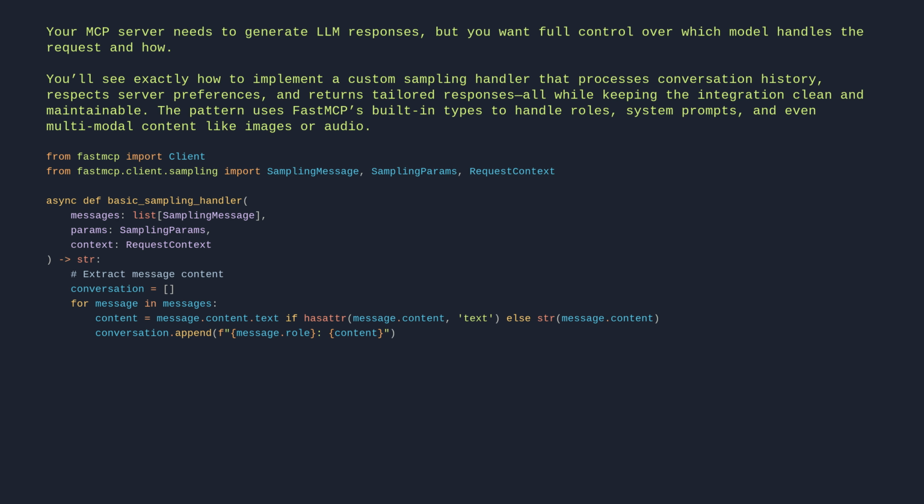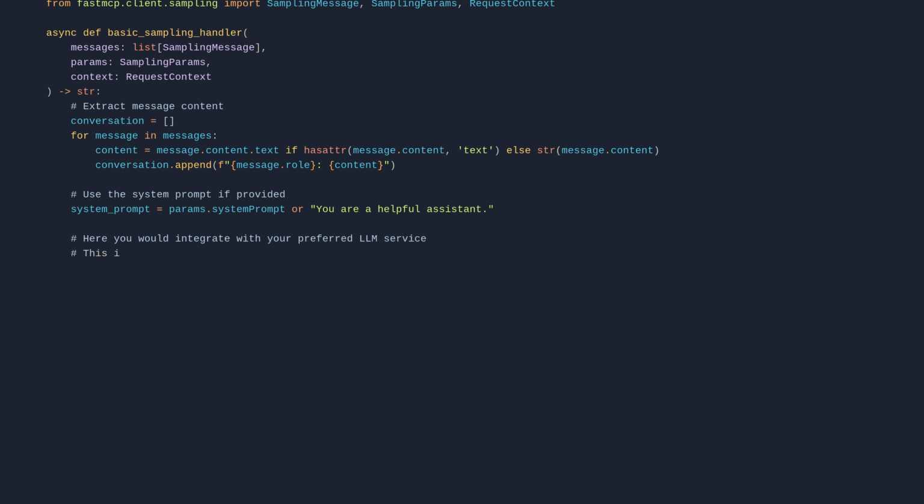# Use the system prompt if provided. system_prompt = params.systemPrompt or "You are a helpful assistant." # Here you would integrate with your preferred LLM service. # This is just a placeholder response. Return f"Response based on conversation: {' '.join(conversation)}". client = Client(my_mcp_server.py, sampling_handler=basic_sampling_handler)